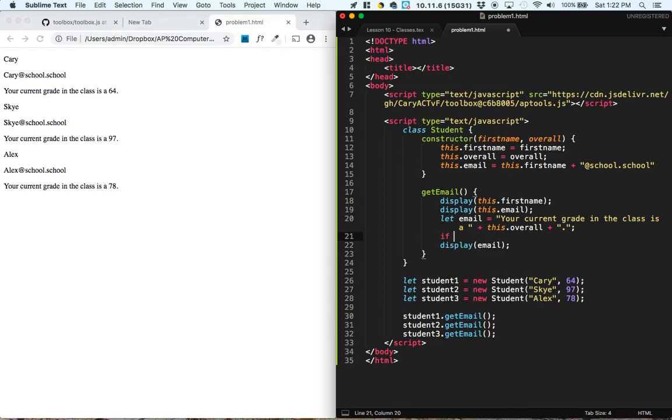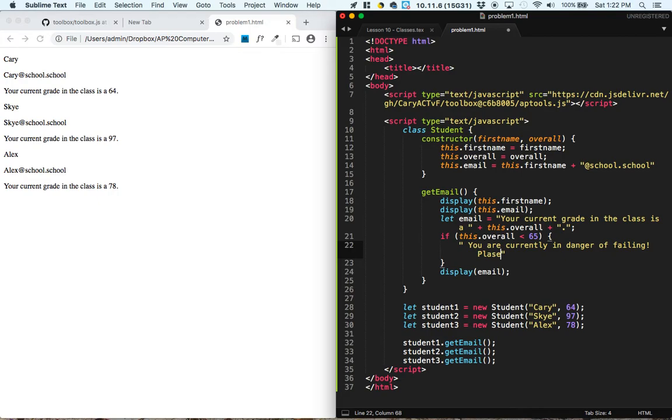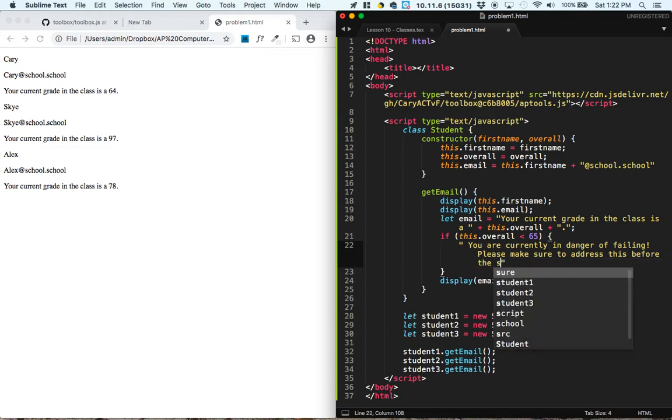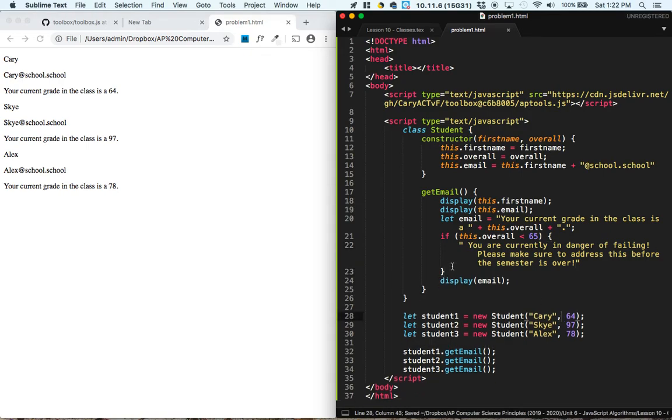So let's say if this.overall is less than 65, let's add to the email an important message, which is: you are currently in danger of failing. Please make sure to address this before the semester is over. So let's see, by changing that once here, if we save this and we refresh it,